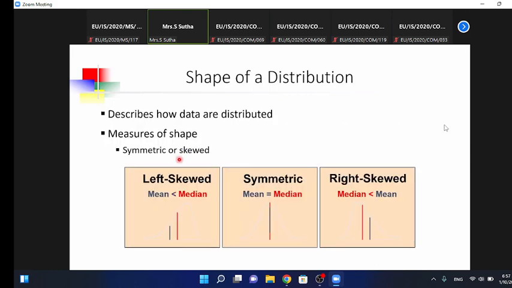By comparing the mean and median, we can identify whether it is left skewed, symmetrical, or right skewed. If the mean is less than the median, then it is left skewed, that means a negative skewed distribution. If the mean and median are both the same, then it is a